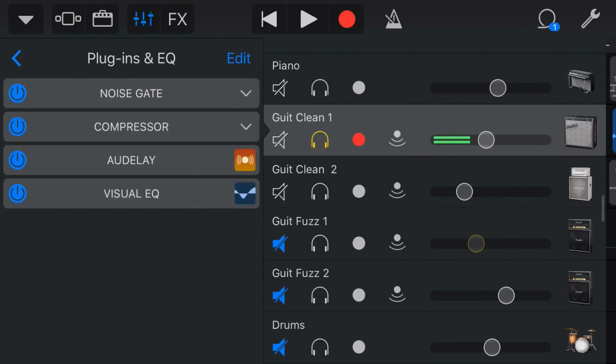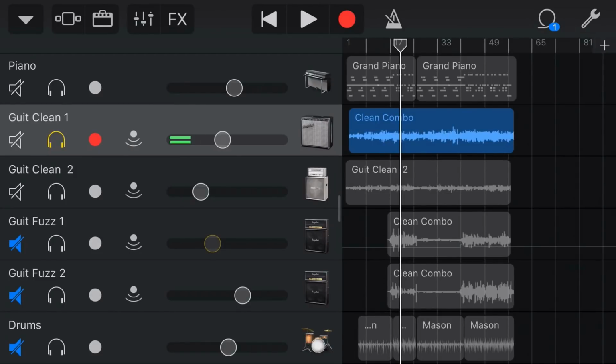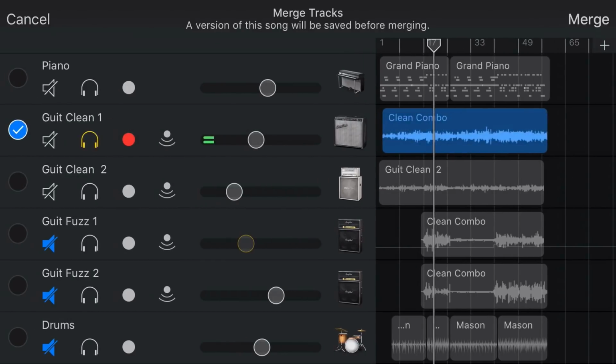Now, you're thinking, well, as soon as we close and reopen, we are going to lose this delay, which is absolutely true. So how do we actually keep it? Well, we use our old friend, the merge function. So what we can do is we can tap on this track, we can go merge, and then if we